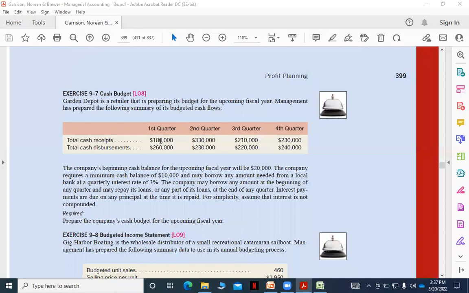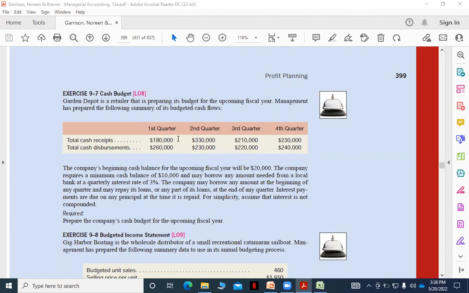See, this is a cash budget math, exercise number 9.7. So here is our question. This is a cash budget math. We already discussed how to do the cash budget. Cash budget আমরা কিভাবে করব এটা নিয়ে আমরা লাস্ট ডেতে আলোচনা করেছি। তো আজকে এই ম্যাথটা আমরা দেখব ফার্স্টে। দেখেন